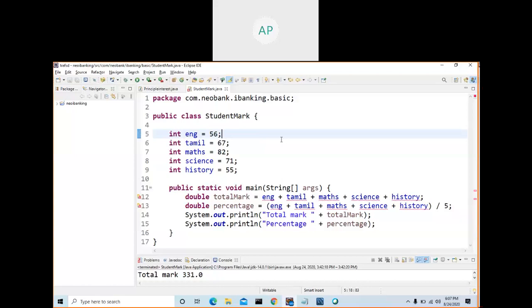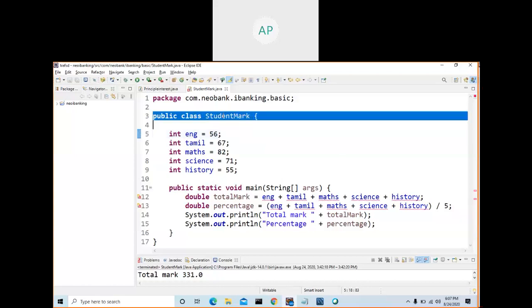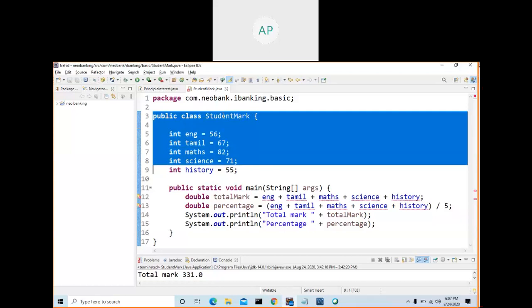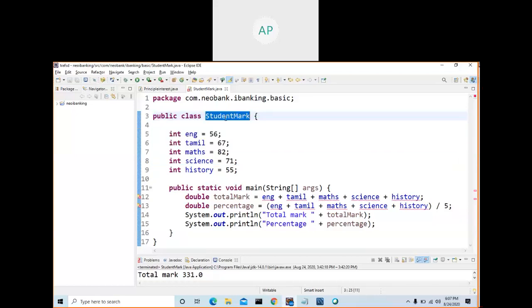It will come to a Java program something like this, where you retrieve all the information, your first name, last name, age, whatever you entered in the screen. Then you write a Java program to retrieve all the values, do the validation, store it into the database, and send email, send SMS, all those things. So you express all those things as instructions. This is a Java program where we wrote some instructions.